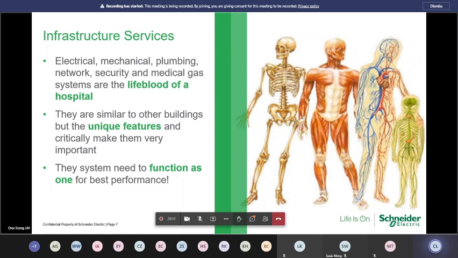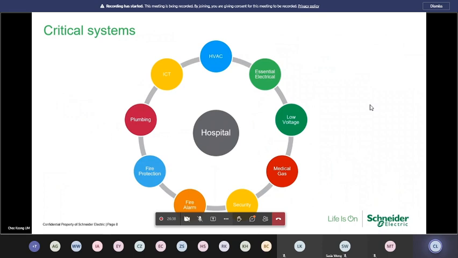Likewise, in a hospital itself, especially in a critical environment, every single infrastructure, be it the power or the air or the ICT or the security, everything needs to work correlated, hand in hand, and in proper condition. Otherwise, the facility will fail. And when a facility fails, it's not only going to affect lives, it's going to cost lives. Right? So having this understanding in mind, let's relate to the real world of the hospital. In a hospital, there are multiple systems. It is just like a human body.